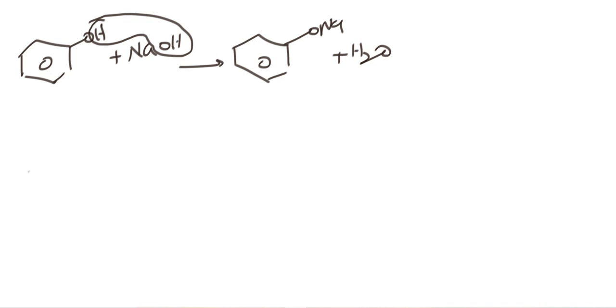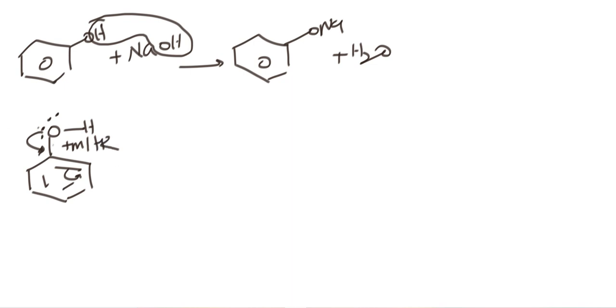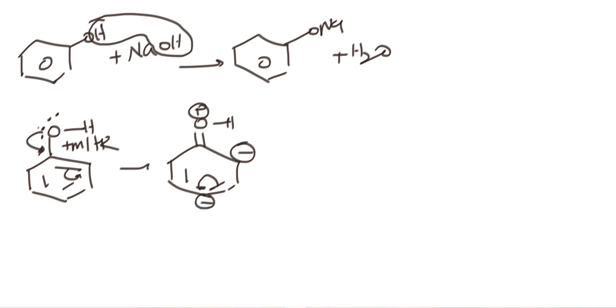And another important thing, I will write. This is phenol. It is like a crash course, one hour, one chapter, so briefly I am explaining. What nature is this? Plus M or plus R nature. This has a lone pair, single bond, double bond, which means resonance is immediately possible. Then the double bond, OH positive charge, negative. Then the bond is shifted and the pair is shifted like this. Here positive charge. Then this is another resonating structure.